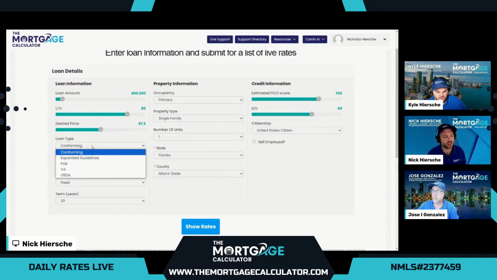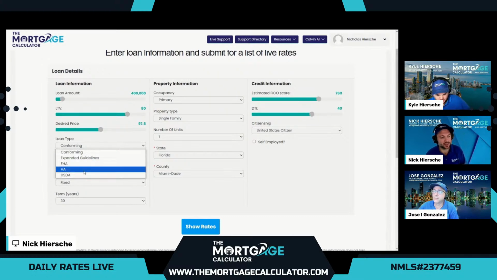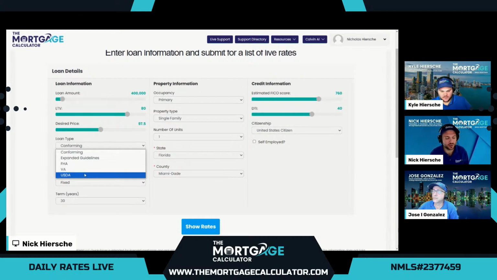We're going to check out our conforming conventional, compare that with FHA, and then our expanded guidelines, also known as non-QM, where we have over 5,000 additional programs, such as the topic for today, our profit and loss programs. We also have VA and USDA. Remember, VA is only for eligible vets and active service members. If you are eligible, let us know. Just a couple clicks for us to quote it. And same with USDA, that's only for properties that are eligible. So if you do happen to be shopping in one of those USDA areas, let us know.